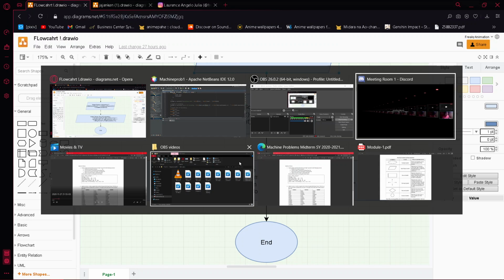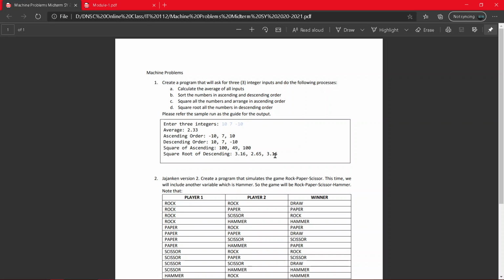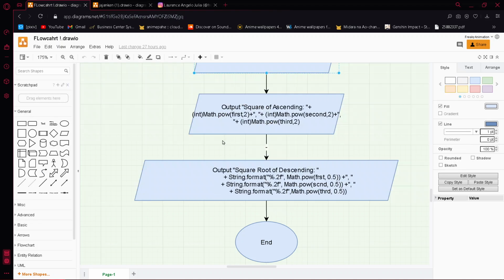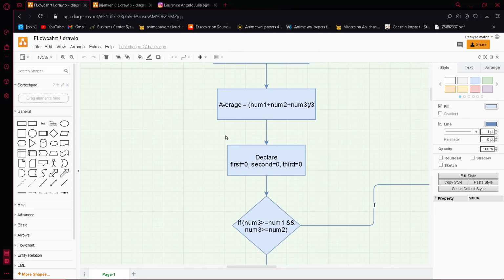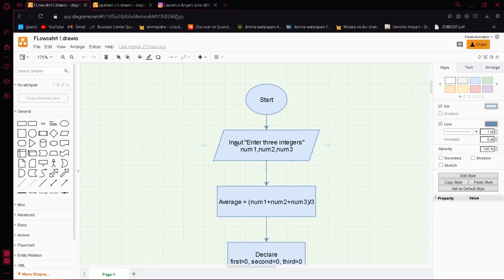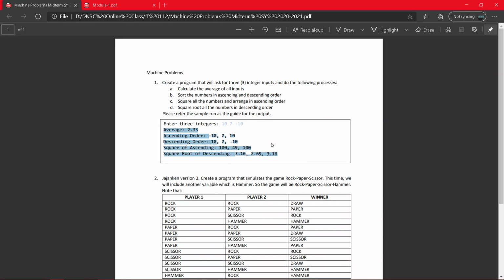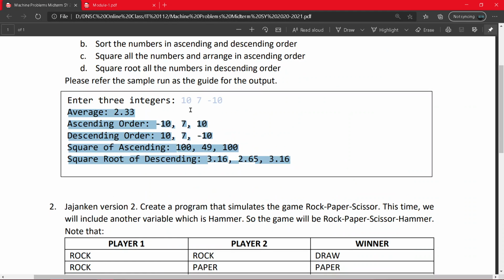Also the same here in the question given in problem 1, in which you enter 3 integers, num1, num2, num3, which is also here.